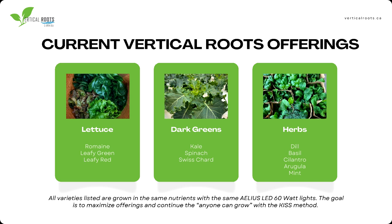Let me see here. What we got here? Do you start your seedlings under the 60-watt tubes as well? Yeah. So there's an important part of lighting in vertical farming, and it's called being overcapitalized. So no, we don't start our babies under 60-watt lights. Actually, I shouldn't say that. We are right now, because I didn't want to buy new lights for testing, but the goal is to get